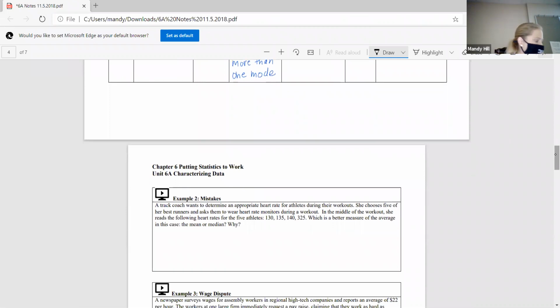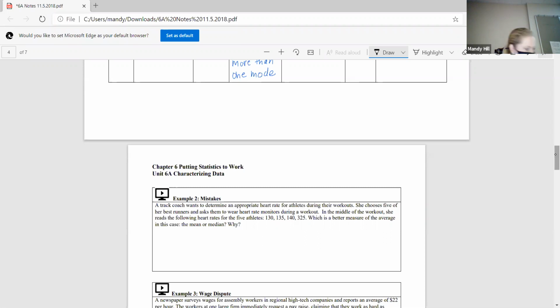Okay, so here's our first example. A track coach wants to determine an appropriate heart rate for athletes during their workouts. She chooses 5 of her best runners and asks them to wear heart rate monitors during a workout. In the middle of the workout, she reads the following heart rates for the 5 athletes: 130, 135, 140, 325, and